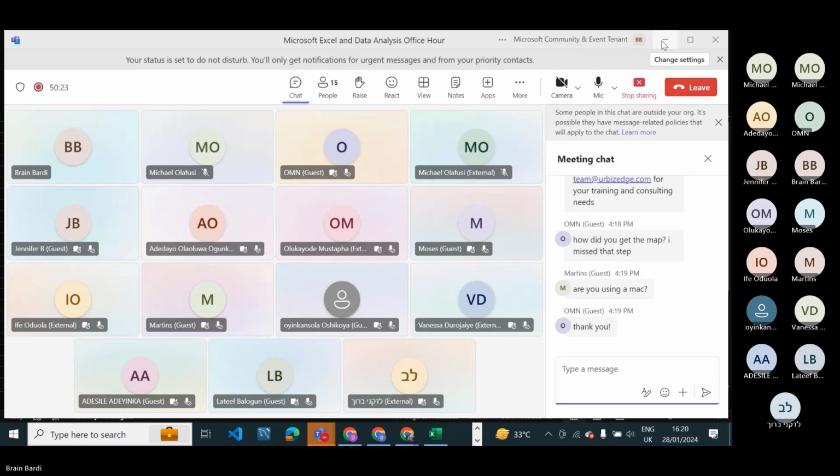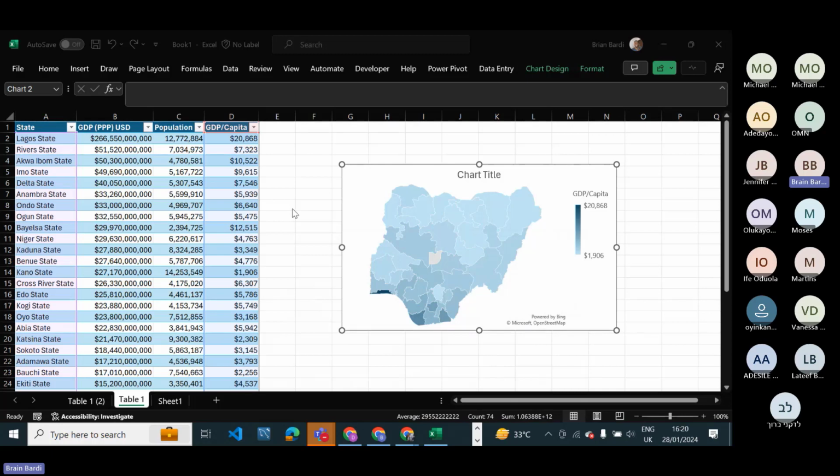Okay. So that is for this. So the next one, we are going to... anyways, in case you have questions, I can still come and answer your questions. I'm not trying to build an exotic map. I'm just trying to show you how to use Excel to get data from the web and get results from it immediately.